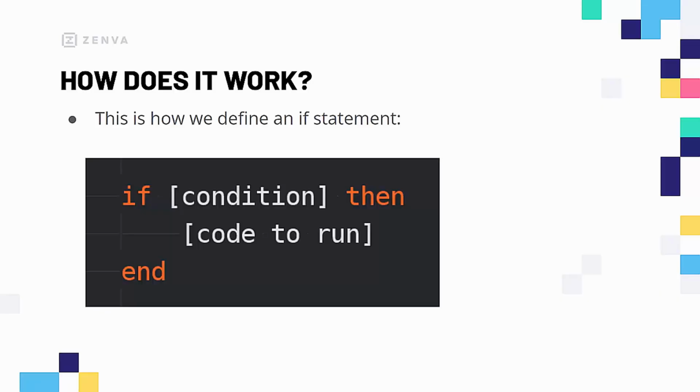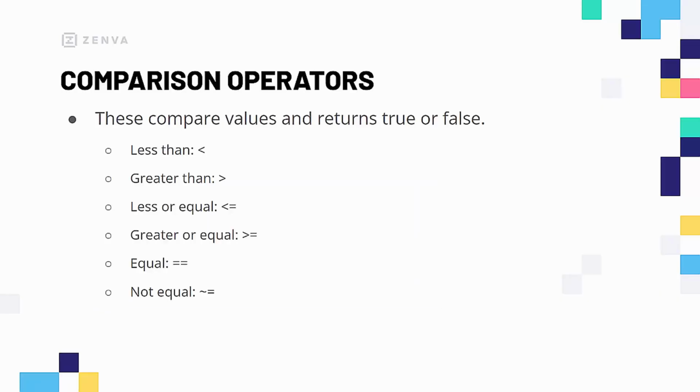Now, let's look a bit more at these conditions, okay? How do we create a condition and what different things can we define them as? Well, these conditions use what are known as comparison operators. We've already looked at arithmetic operators, which are like plus, minus, stuff like that. But comparison operators compare two values, one on the left and one on the right, and check to see if that statement is true. So, for example, we have less than, greater than, less or equal, greater or equal, equal